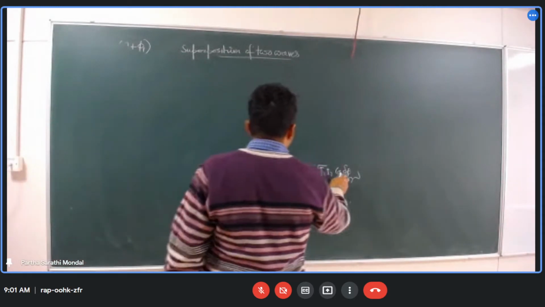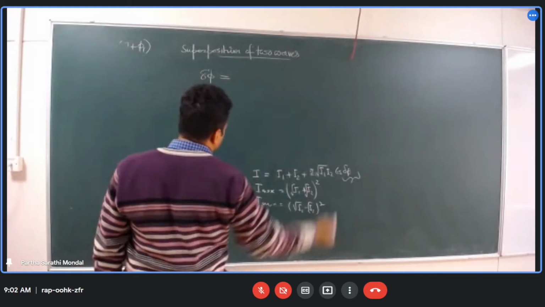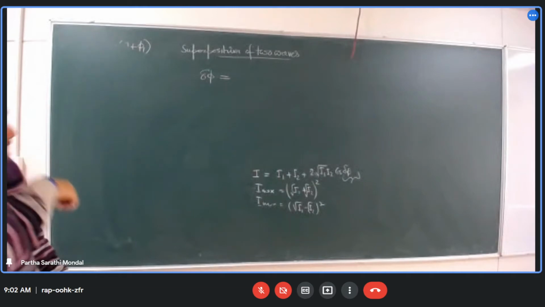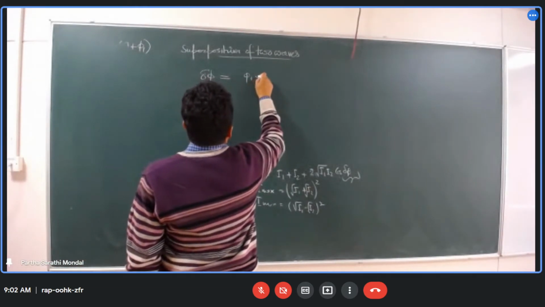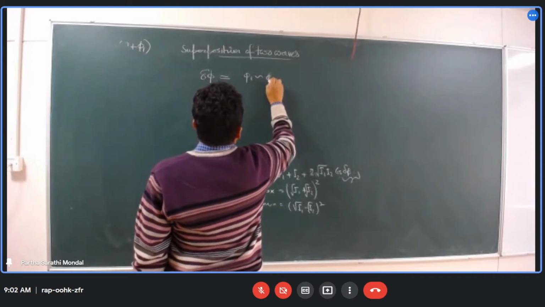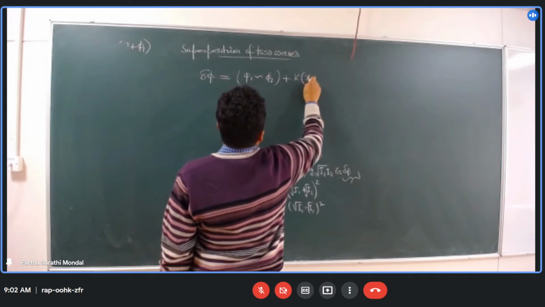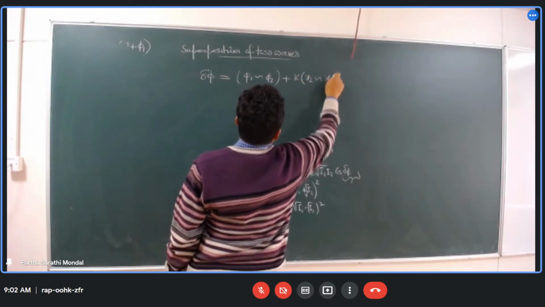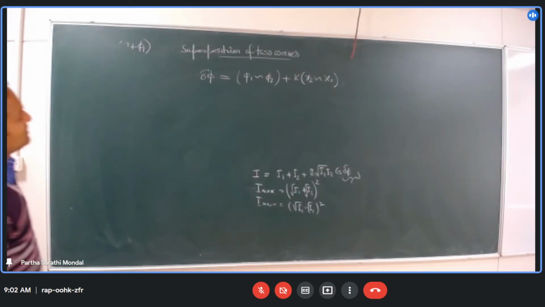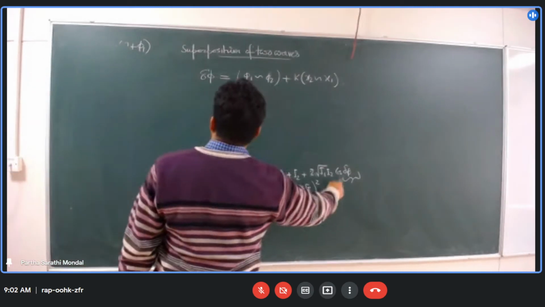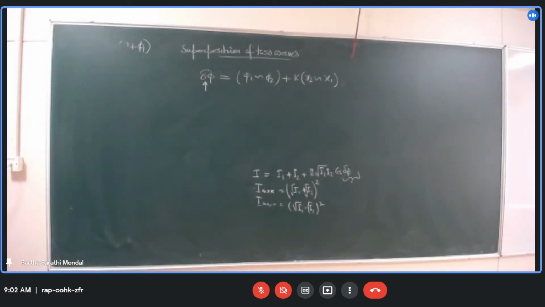तो हम लोगों ने अभी कुछ देर पहले लिखा था कि so what is delta phi? So delta phi is the total phase difference between two waves at P, which is given by phi 2 minus phi 1 plus k into (x2 minus x1). That means delta phi is the decisive parameter for having an interference pattern on the screen.